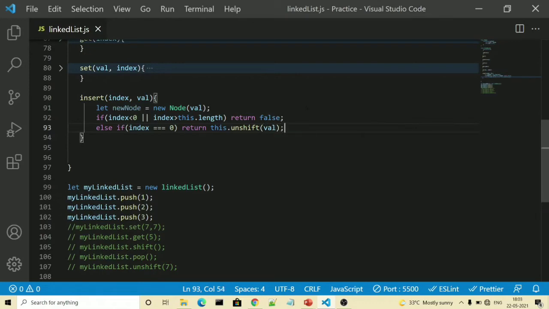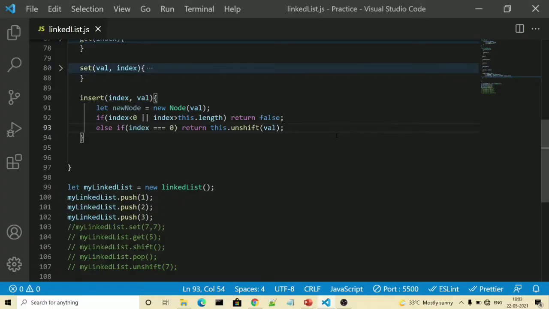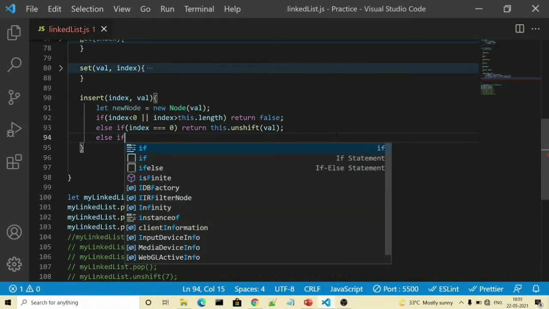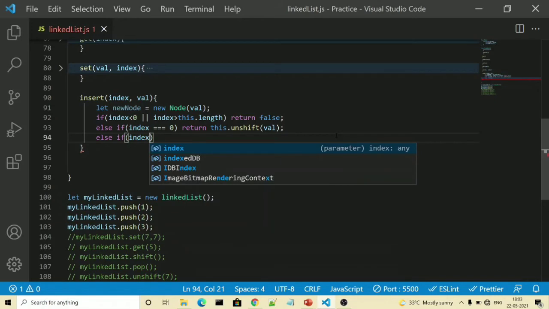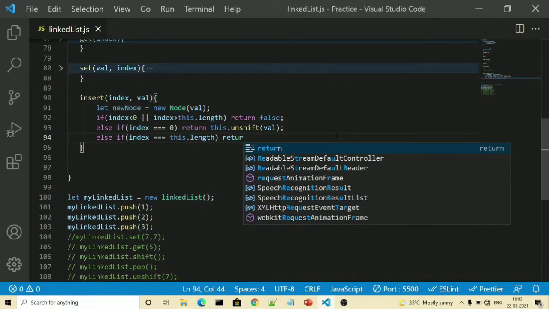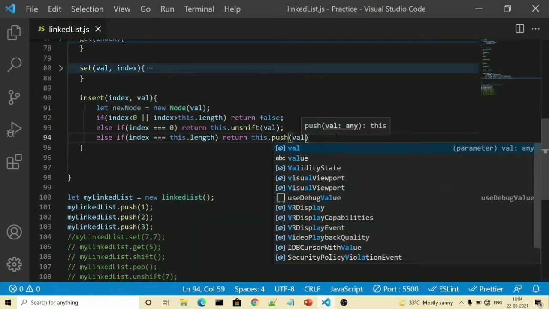Then it is saying if index is equal to length, use the push method to insert the node. So we will write else if index is equal to this.length, and we will make use of the push method: this.push, and here we will pass our value.